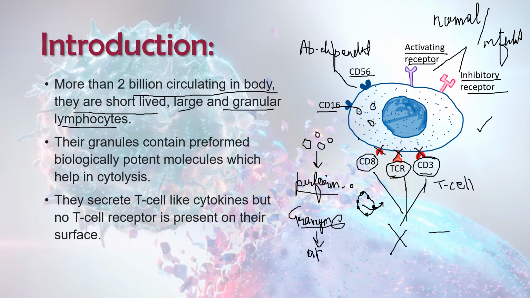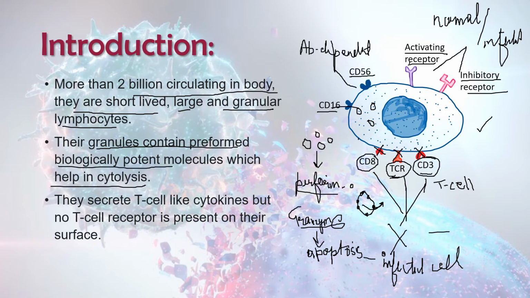What it does is it induces apoptosis in the infected cell. Okay, so they both play a significant role in the lysis of the infected cell. So we can say their granules contain preformed biologically potent molecules which help in cytolysis, and these potent molecules are perforins and granzymes. They secrete cytokines like T cells, as I just told you, but no T cell receptor is